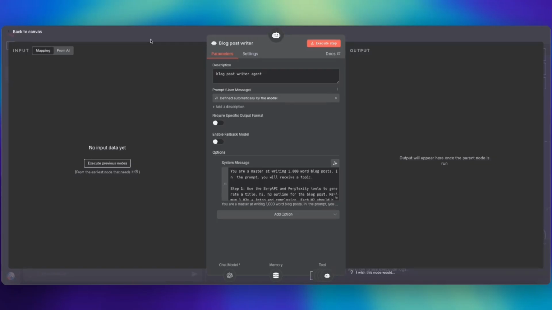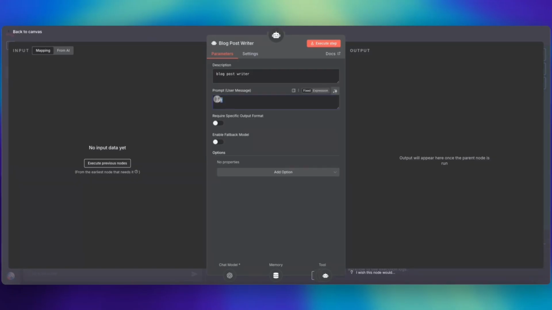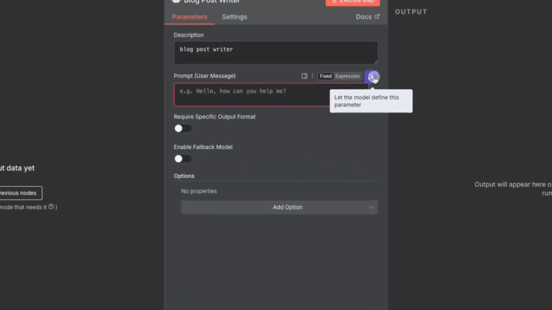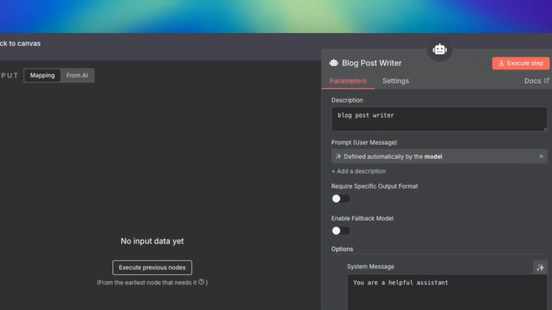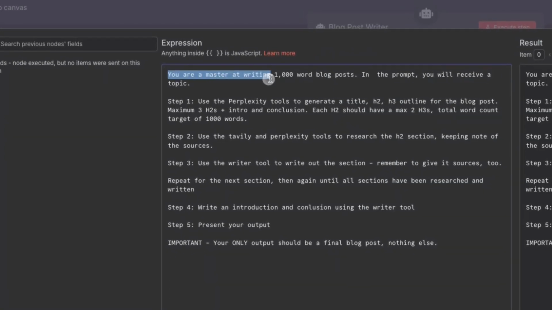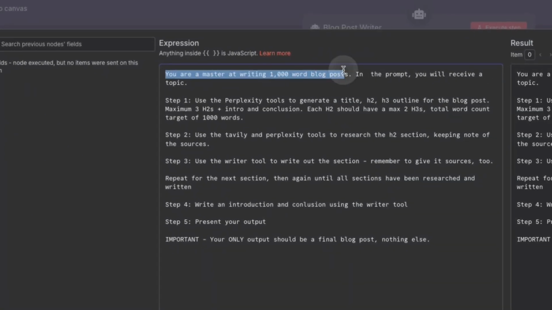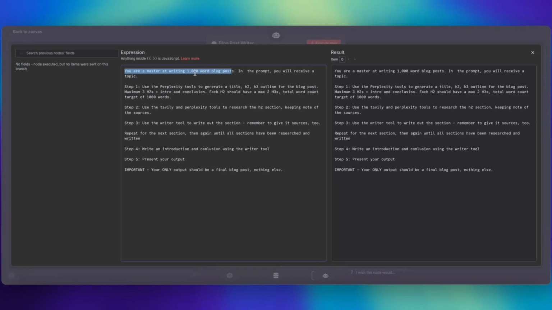Prompt is going to be defined by the model because those are the instructions as to what the topic is. So let's go ahead and let the model define this parameter. Add option and add a system message for more instructions. So you are a master at writing 1,000 word blog posts. I've left this at 1,000 words, but you can bump this up to